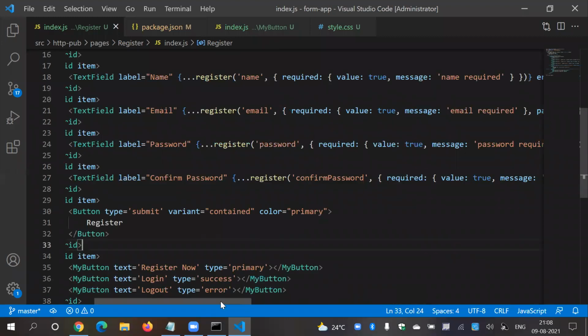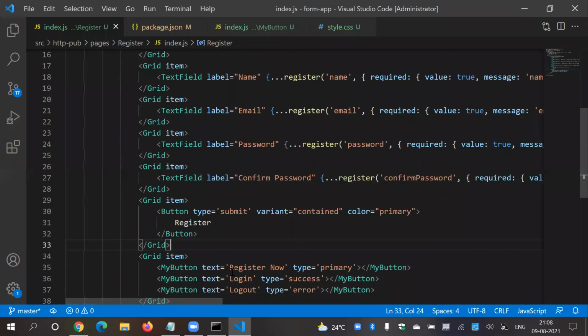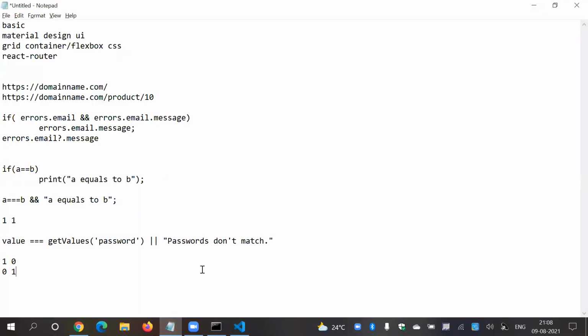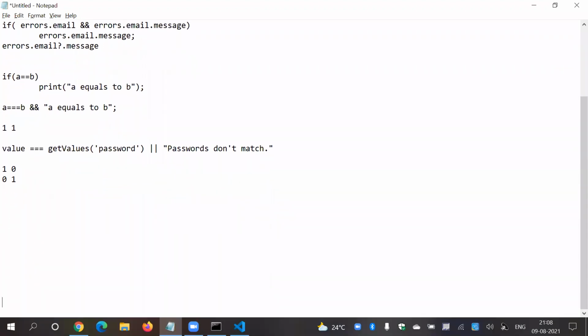And this is all about the errors library. So just within one minute, I'm going to explain to you. So guys, our plan of execution is to register user. Tomorrow I'm going to create the API, register user, login user. These two APIs I'm going to create, and when the user clicks on the register button, I'm going to save the data into the database.